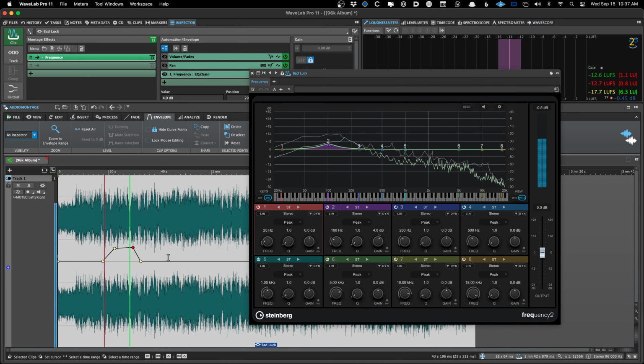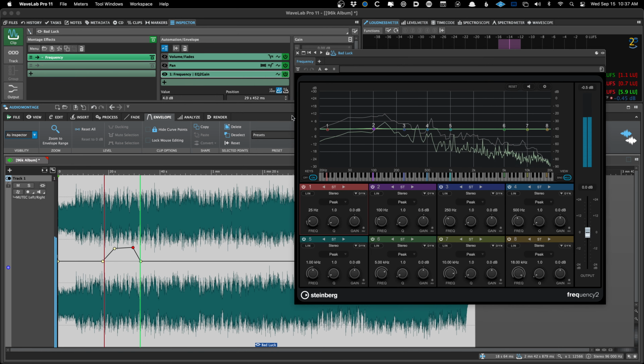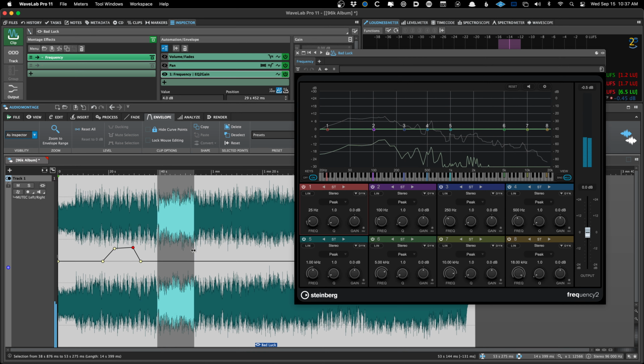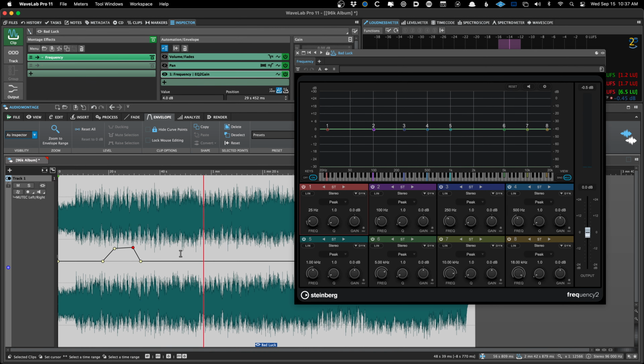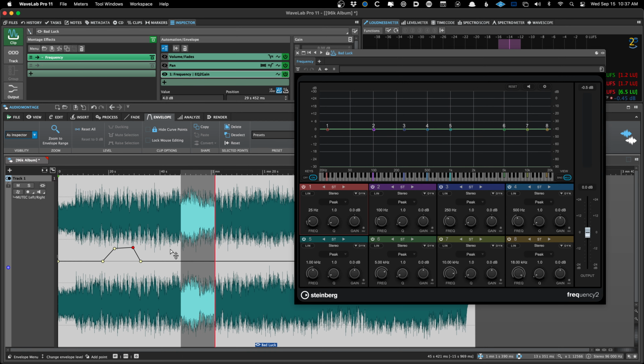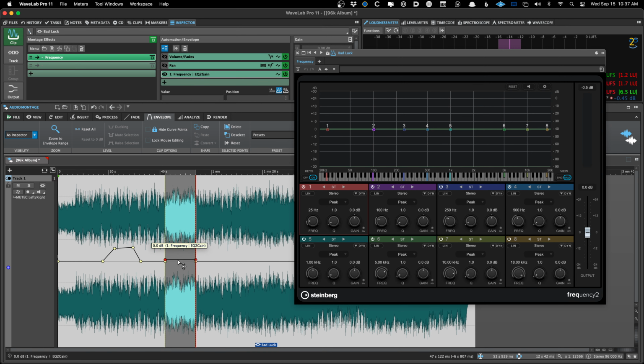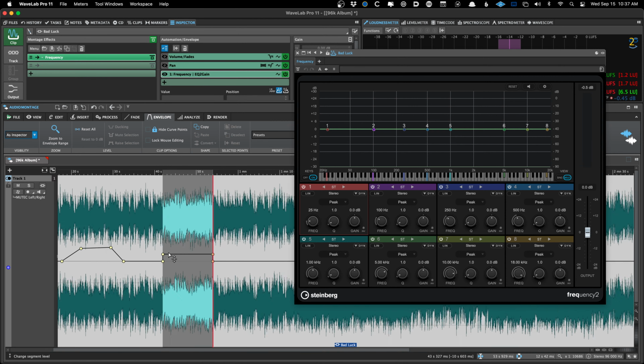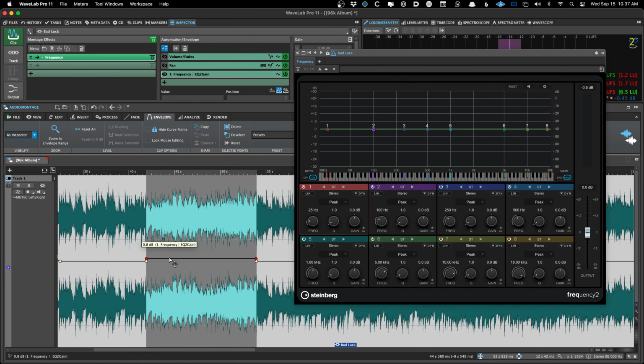Sorry about the hiccup about the screen. And yeah, so automation is very simple. And as I was explaining, there's different ways to change the envelope now in WaveLab. If you just highlight an area on a clip and click, it's going to create a very sharp change, not very smooth, very